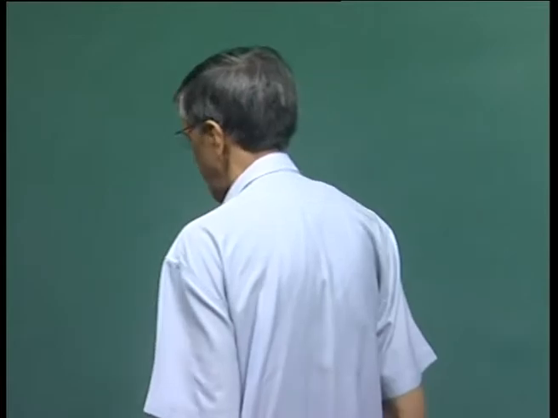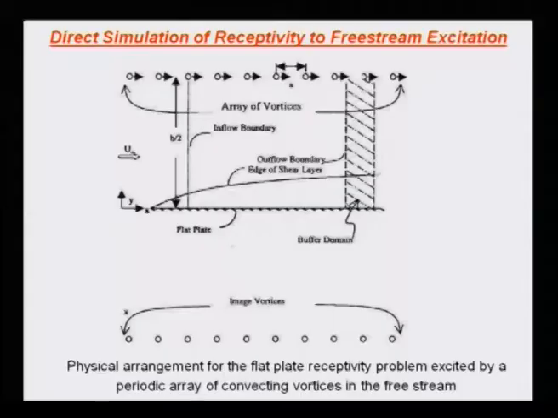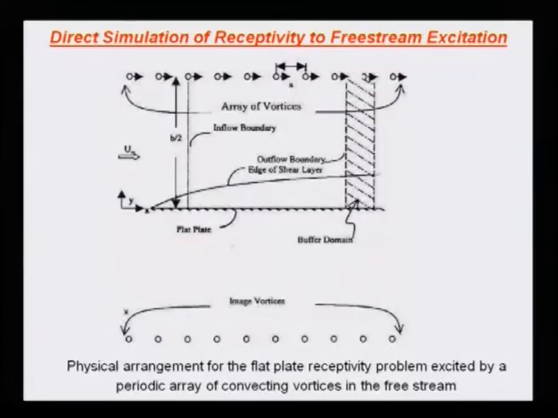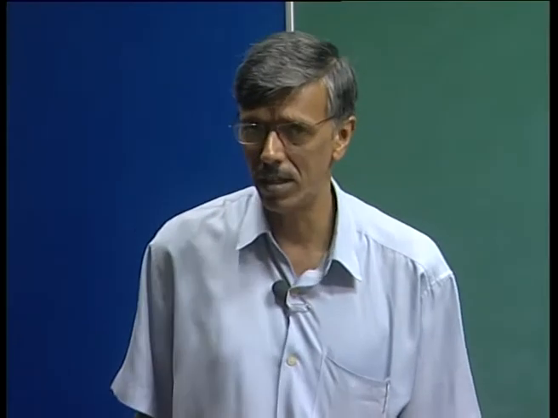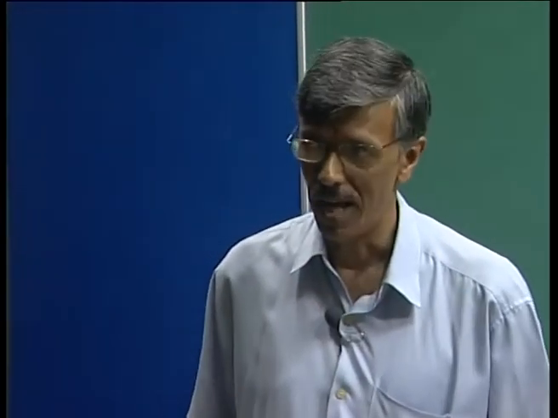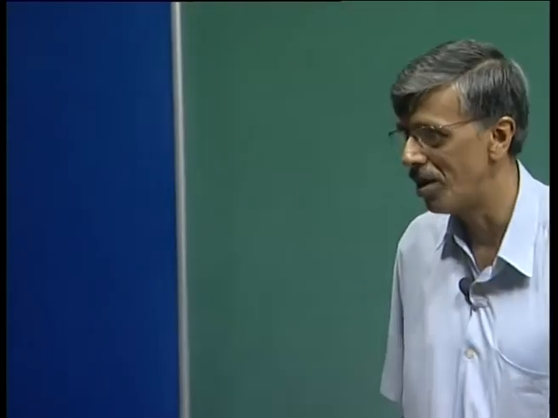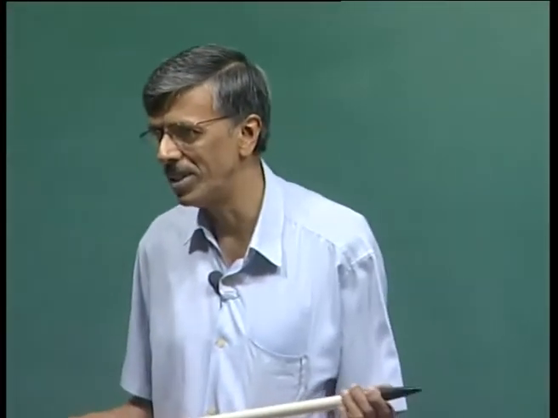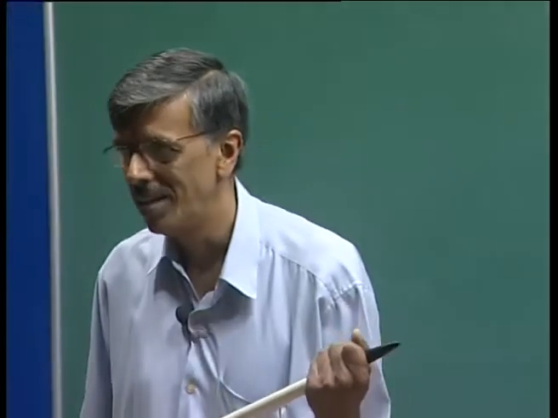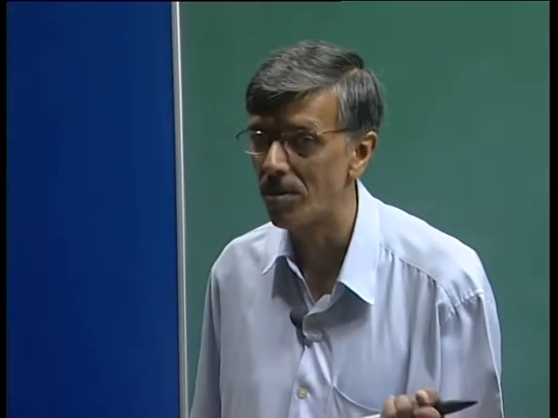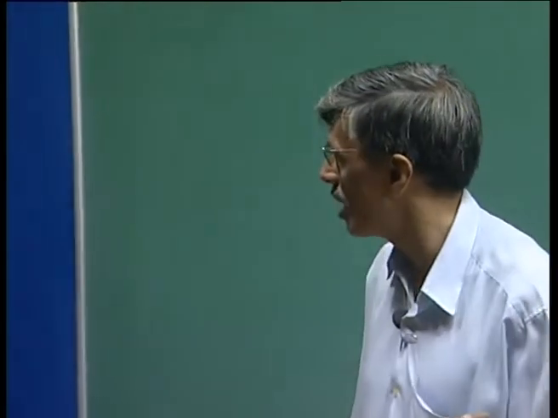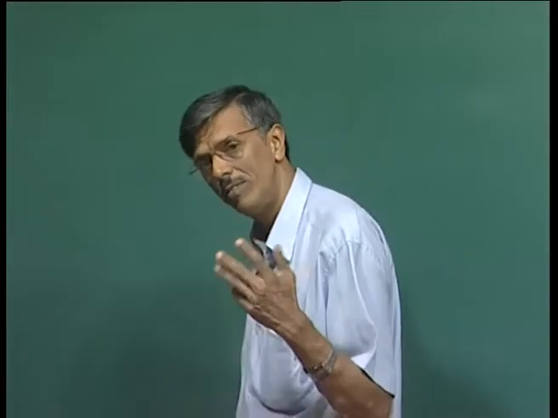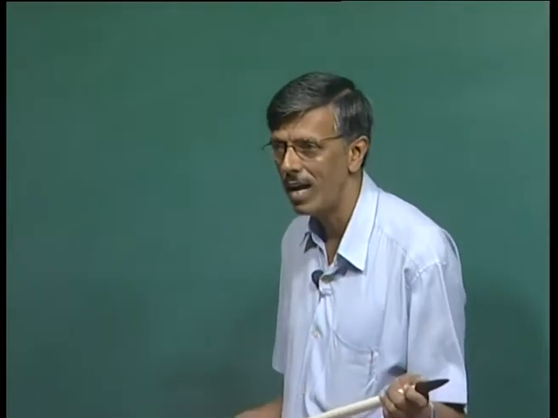One of the things that we found out in the previous set of lectures is that if I have some kind of free stream excitation, it does both. It creates a downstream propagating wave, and it can also give rise to upstream propagating disturbances. There, we did not talk about any specific length or time scale introduced from the free stream excitation. Today we are going to look at a problem where we specify both length and time scale.